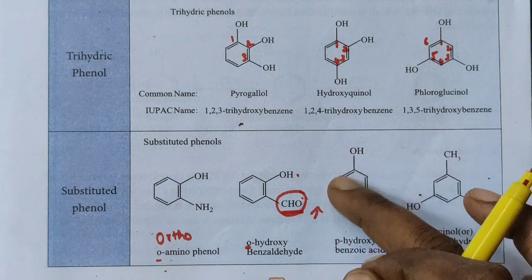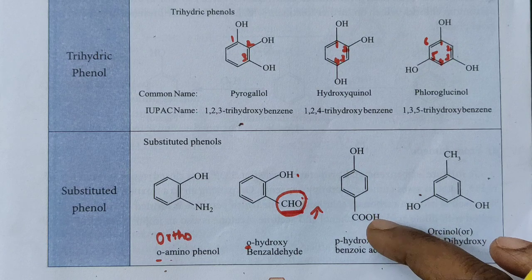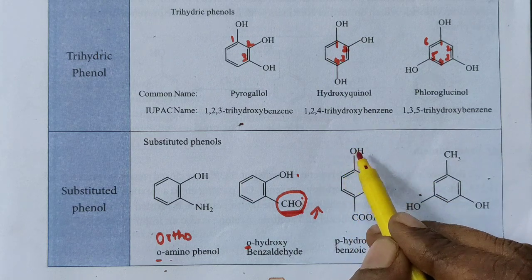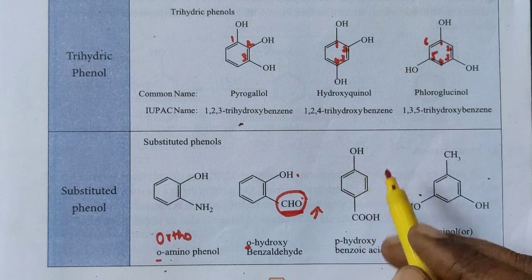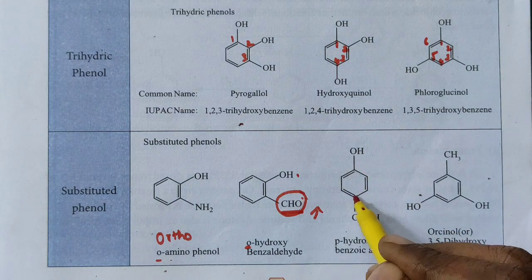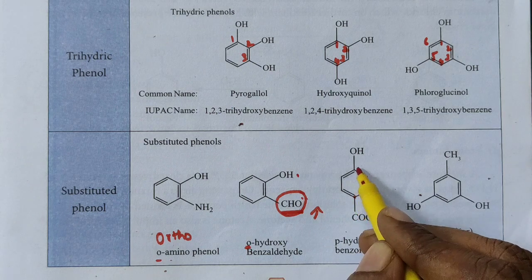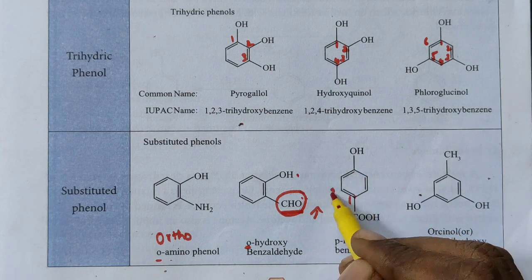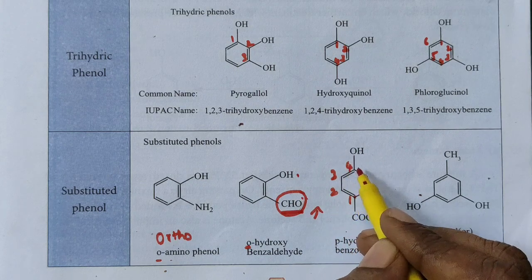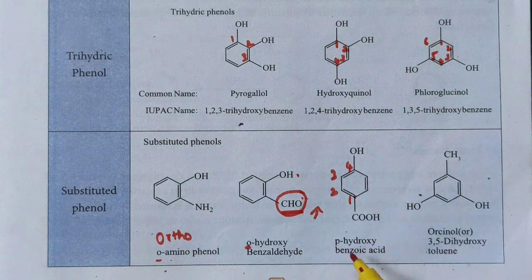Therefore, this is the functional group, benzene with the COOH, that is benzoic acid. Here the OH group is substituted on the benzene ring. Here COOH is there. This is the functional group. Therefore, this is the para position. This is 1, 2, 3 and 4. The fourth carbon is the para position. Therefore, para-hydroxybenzoic acid, isn't it?